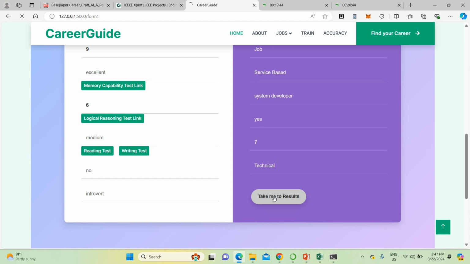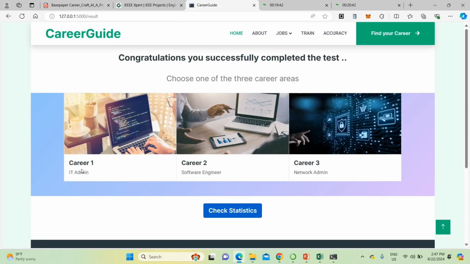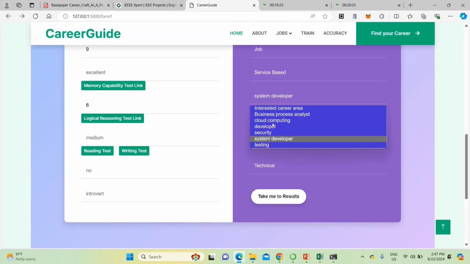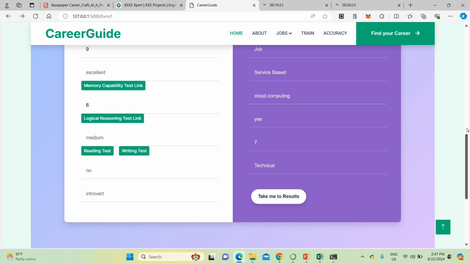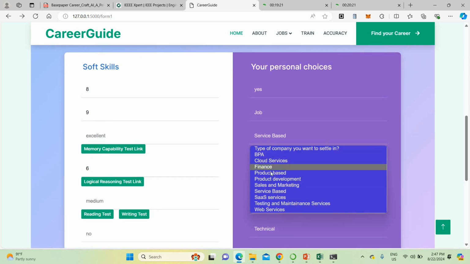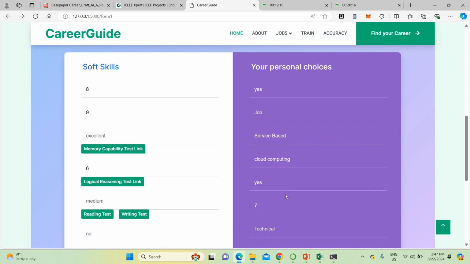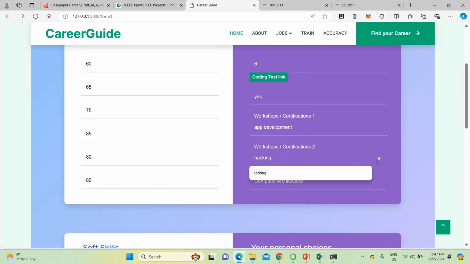So it is predicting. Please wait for a few minutes. It will predict. So Kumar can be an IT admin, or else Kumar can be a software engineer as a second option. Then Kumar can be a network admin as a third. Okay, it will give the result for Kumar. It will work perfectly for everyone. You can change some other details also for better tuning. For better tuning, you can give different things. It will work perfectly.